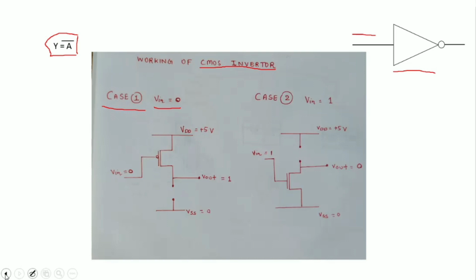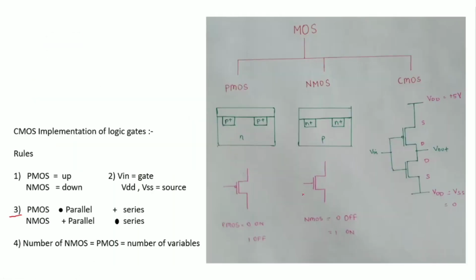So let me just show you the previous diagram here. So this will be the diagram of CMOS. So how this diagram is formed here. So the third rule says that for PMOS, dot will be parallel and plus will be series, and for NMOS, plus will be parallel and dot will be series. So here you can see that the number of NMOS and PMOS is equal to the number of